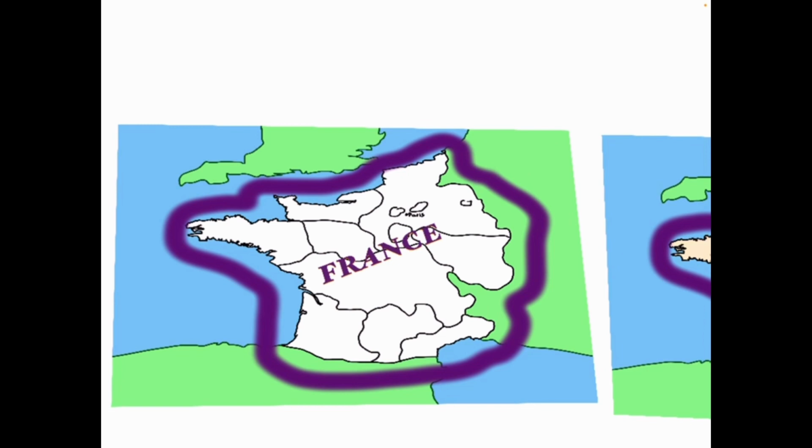Now, one important thing to know before we get into the 100 Years' War is that France was built up of a bunch of things called duchies. And you can kind of think of the duchies as states. And in charge of each of these duchies is a duke. And that duke had to be a vassal for the French king. They were supposed to be obedient to the French king.